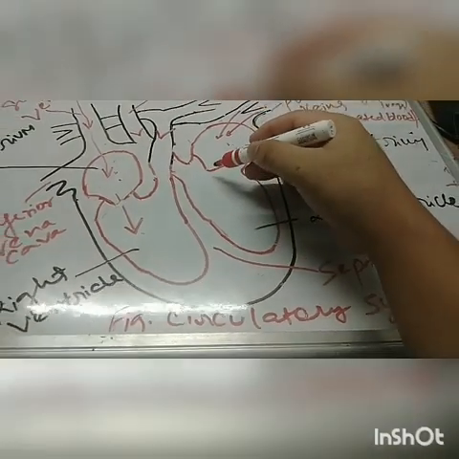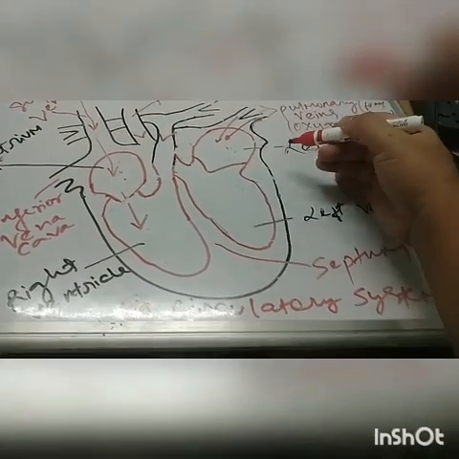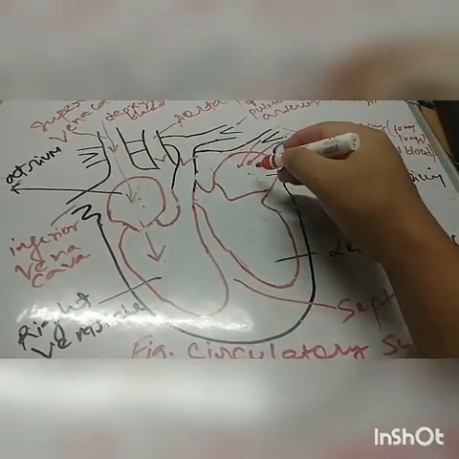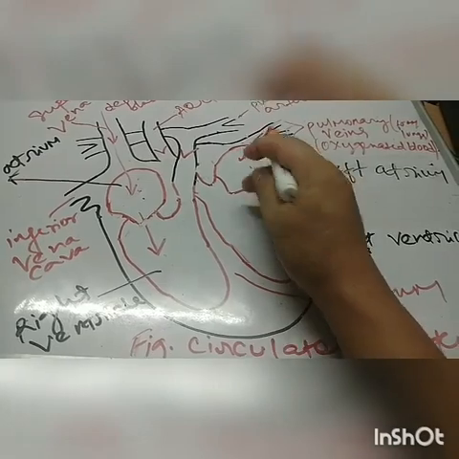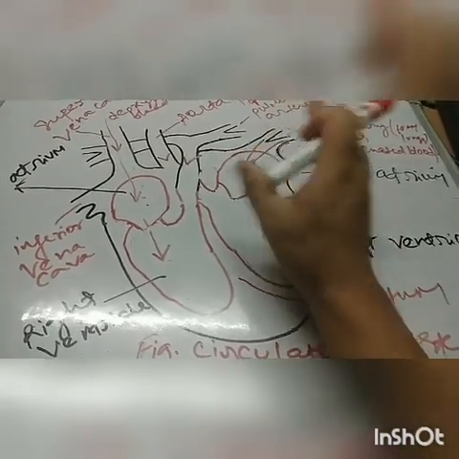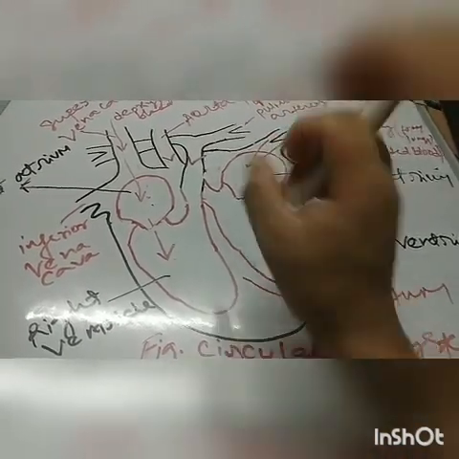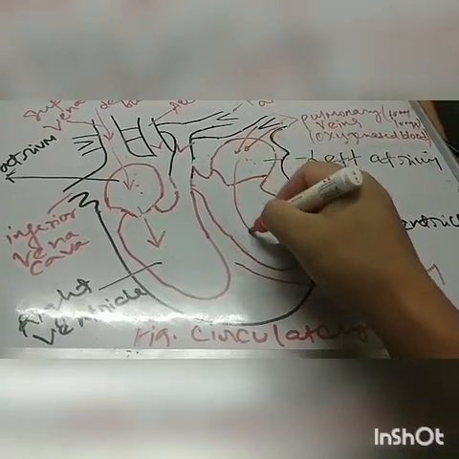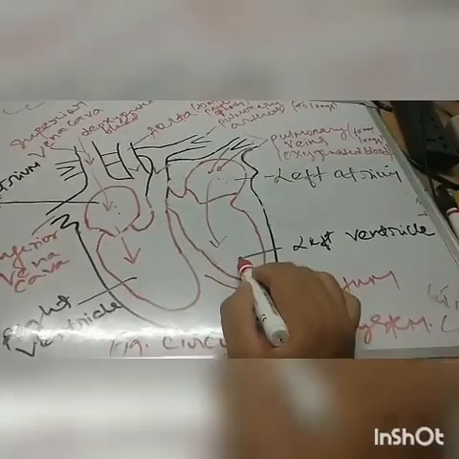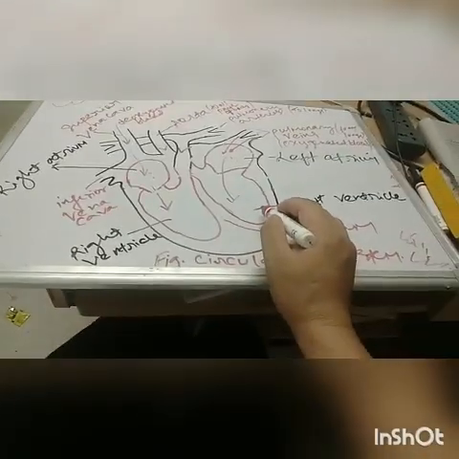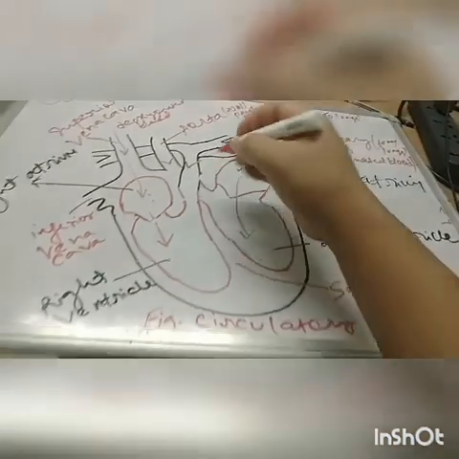So here, because of this contraction of the left atrium, the valve here opens up like a door, same as here, similar to your right atrium. The left atrium also opens the doorway, and that's how the oxygenated blood goes to the left ventricle. Alright. And from the left ventricle, the blood is now